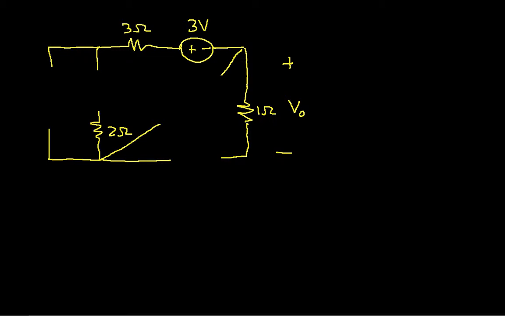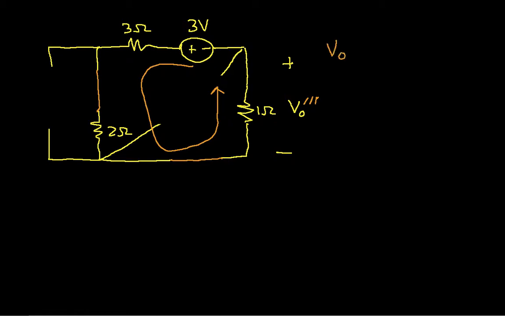And we will replace our voltage sources by short circuits, and we will leave our current sources as open circuits. So now you can see that we have a single loop circuit. I can go around the loop this direction if you want. And if I do that, then I can say that, and this will be V0 triple prime,